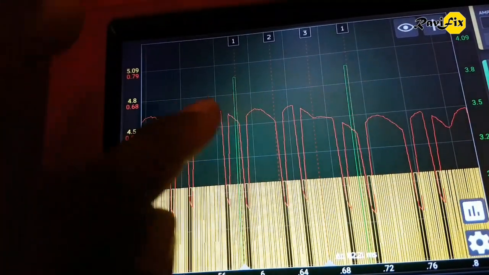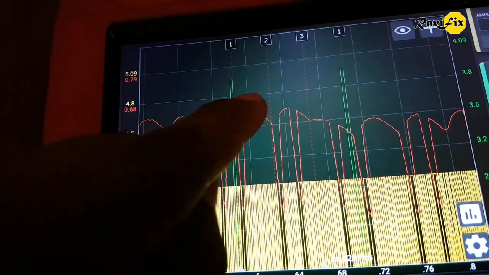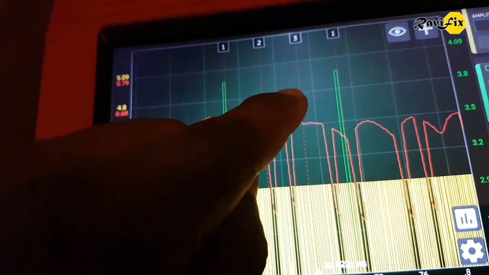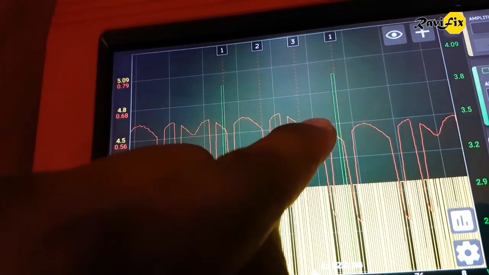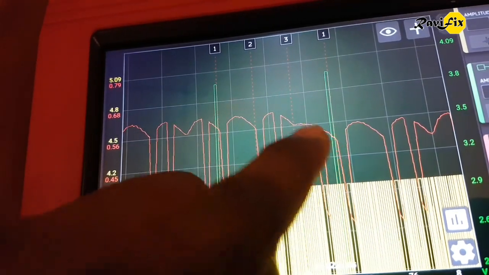Yes, same as before, at the number 3 cylinder power is missing. So it confirmed that the number 3 cylinder has an intermittent misfire. Look here, the number 3 peak is missing.